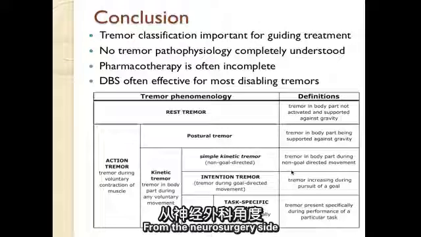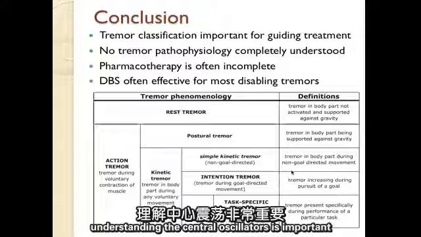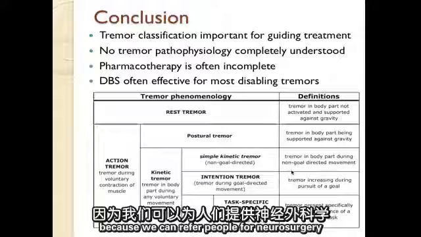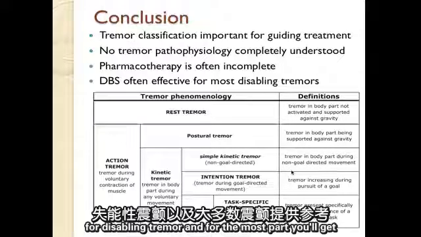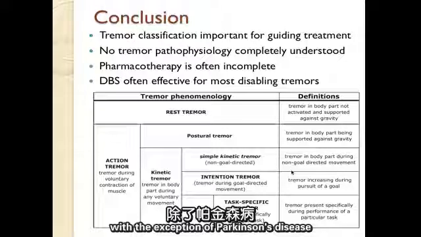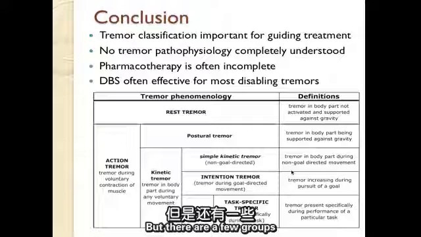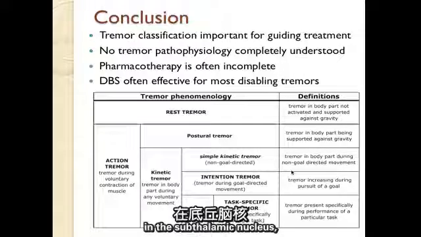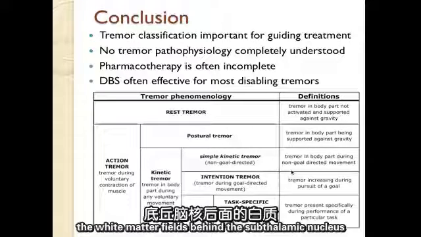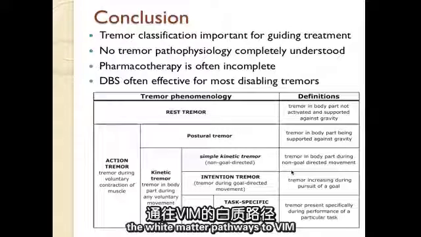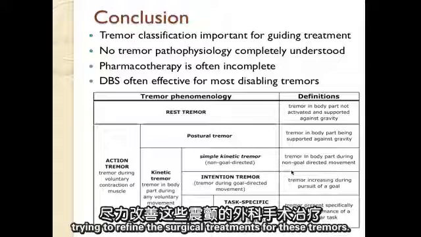From the neurosurgery side, understanding the central oscillators is important because, you know, we can refer people for neurosurgery for disabling tremor, and for the most part, with the exception of Parkinson's disease, you'll get a thalamotomy or a DBS of the VIM. But there are a few groups that have started to explore other areas in the subthalamic nucleus, the white matter fields behind the subthalamic nucleus, the white matter pathways to VIM, trying to refine the surgical